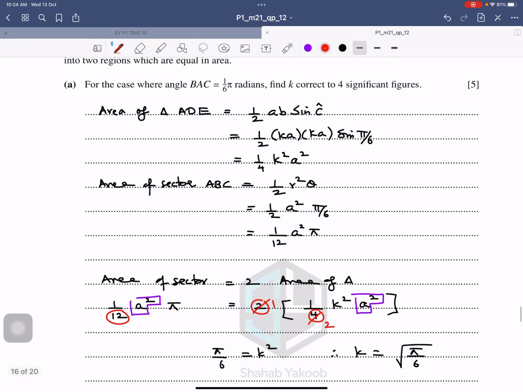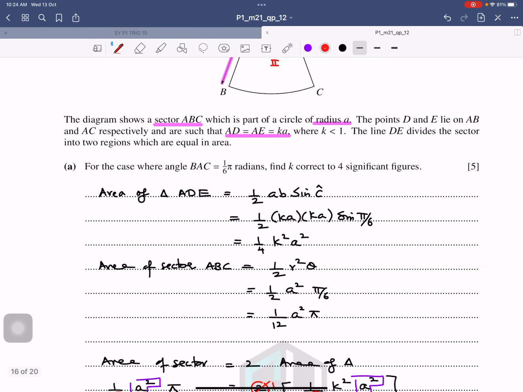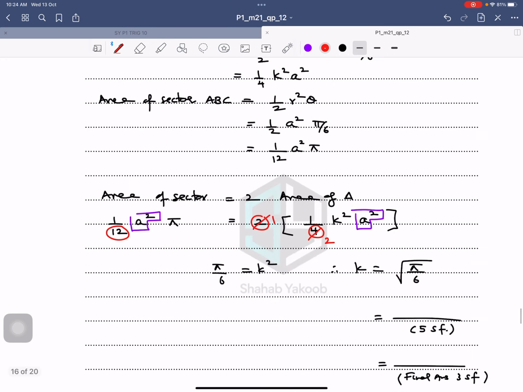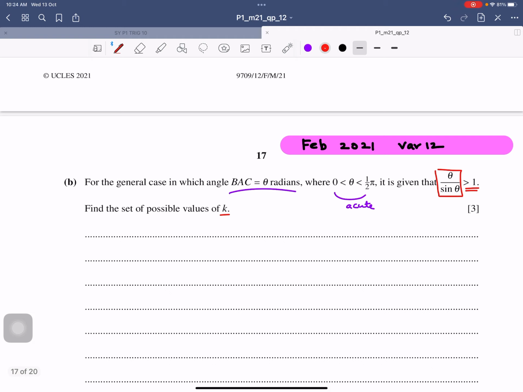Now let's read the question again. Have they initially given us some relation, some inequality about k? Yes, they have given k is less than 1. So first of all, also write this down. Remember, k has to be less than 1. So whatever inequality you get, you also have to take this into consideration. You cannot forget this.